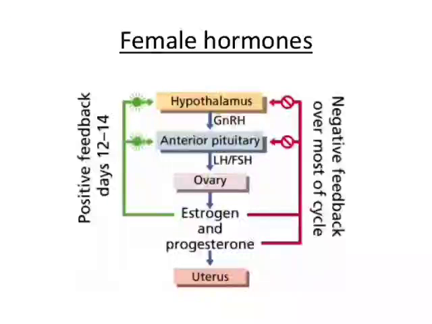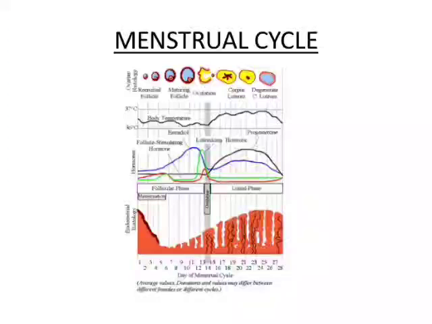So this whole process of oogenesis is under the influence of various hormones, starting with the hypothalamus, which releases GnRH, which acts on the anterior pituitary. This anterior pituitary produces 2 hormones, one is LH, the other is FSH, and these both hormones act on the ovary, and the ovary produces 2 hormones, one is estrogen and the other is progesterone. The whole process is very complex, and we'll study it in more detail when we study the menstrual cycle.